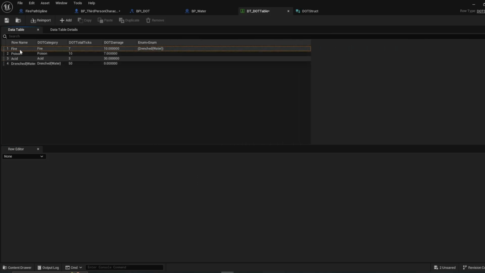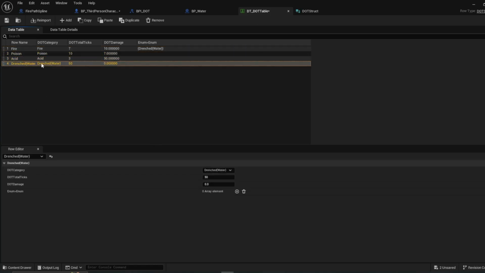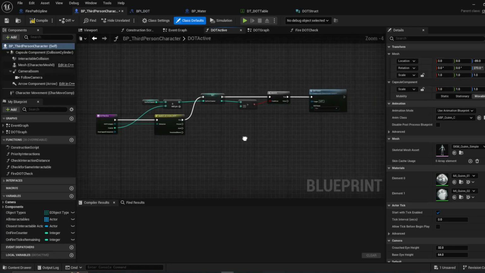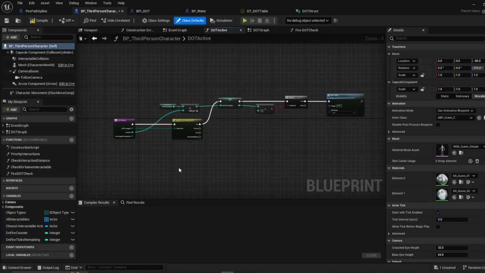Okay, so enum over enum, so water is over fire. For the others, I think we'll leave it alone. We want water to be the strongest. And then in third person character, we're going to need to set up the same kind of system, but